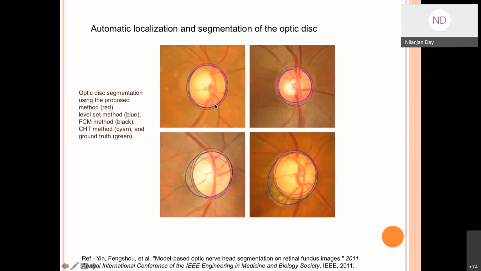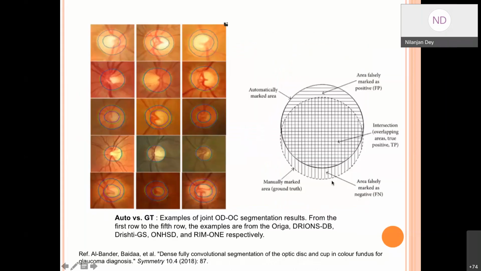This is a manual segmented one. This is called the OCT image. There's an optical tomographic image, and ultimately once you have some segmented result, it might happen that whenever you are detecting some circle by some automated system which is not giving a good result, so you need to manually tune this. Maybe out of 100 cases, 3 cases where because of the brightness the result is not correct, so doctors can hand trace, doctor can manually tune it, and this is called post processing, which is basically one type of